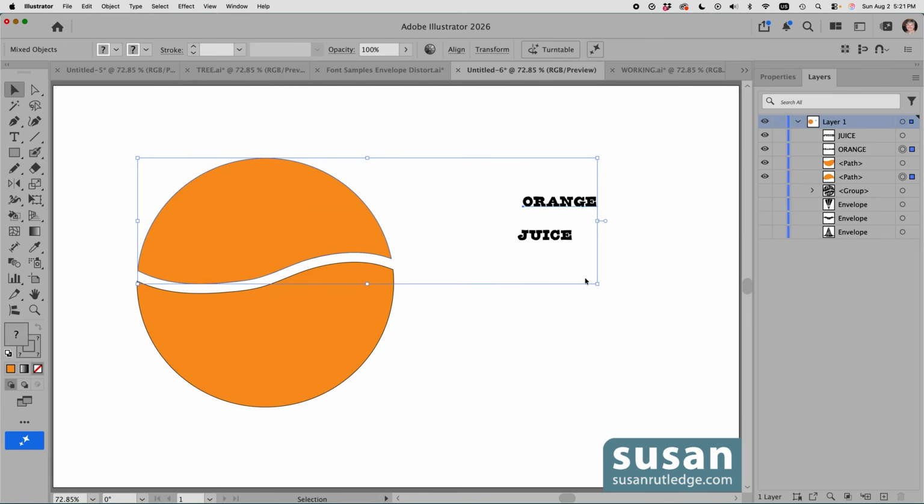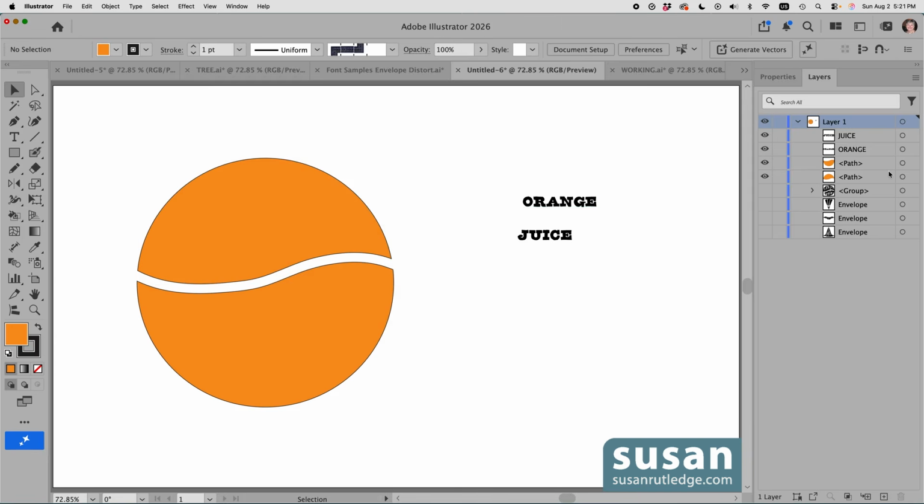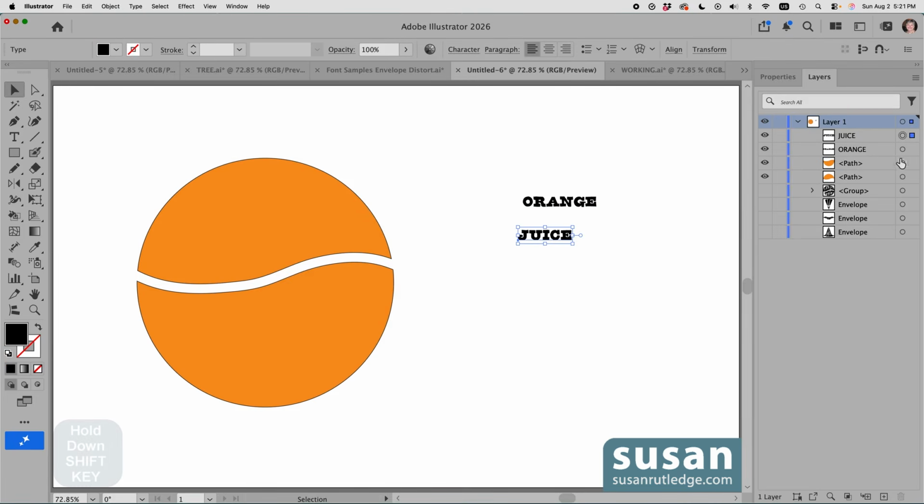So I'll say OK to get rid of that. And then I'm going to fix it by moving the text underneath my object. So I'm going to select the word juice, hold down the Shift key, and select orange. Let's go ahead and select the whole line here as well. Then I'll hold down my mouse and drag the text underneath the layers that have the orange pieces of my